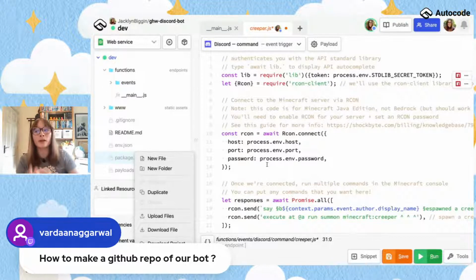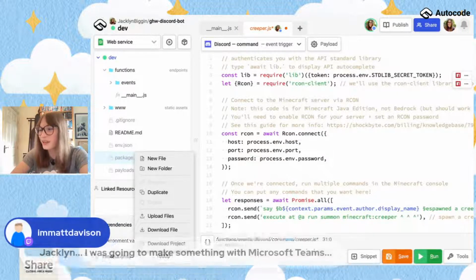Now that is a pretty advanced thing to do using Autocode. The vast majority of people who use Autocode don't do that because we have our own kind of rollback system if things get broken. But it's worth knowing that you do have the ability to do that. We're not really going to dive into that because it could be its own live stream in itself. It's pretty confusing.